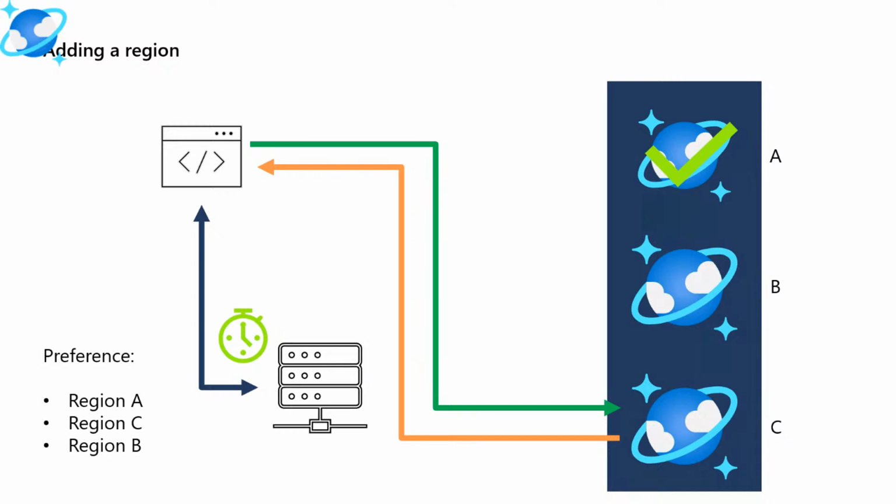So what the SDK does is every 5 minutes, it keeps asking Gateway which is the state of the account, which is the topology of the account, to understand that maybe region A is now available again. So what happens is once the SDK detects after a gateway interaction that the region A is now back up online, it will